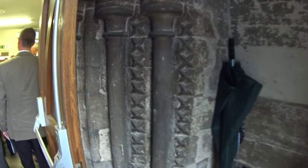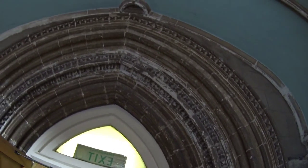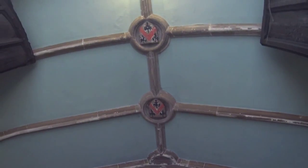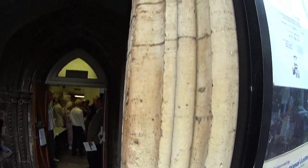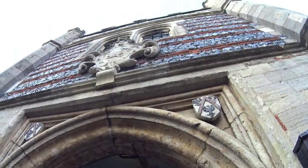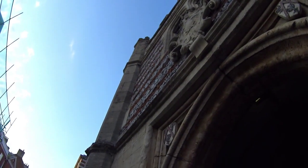What we have here really is the entrance to the Guildhall, as it will be modified when eventually we get up and running in full. So as you come through from the street, through the archway, now you have been in the room and seen Martin's model. The original building